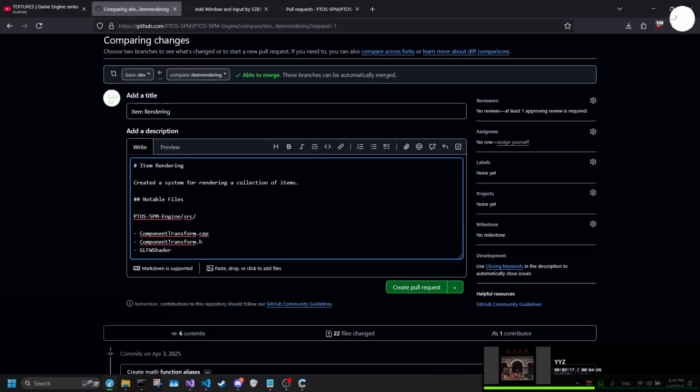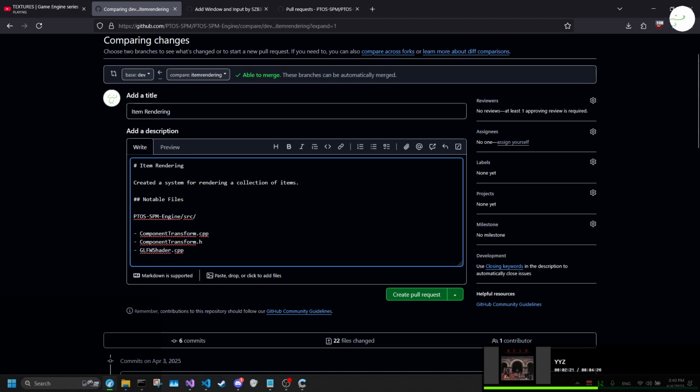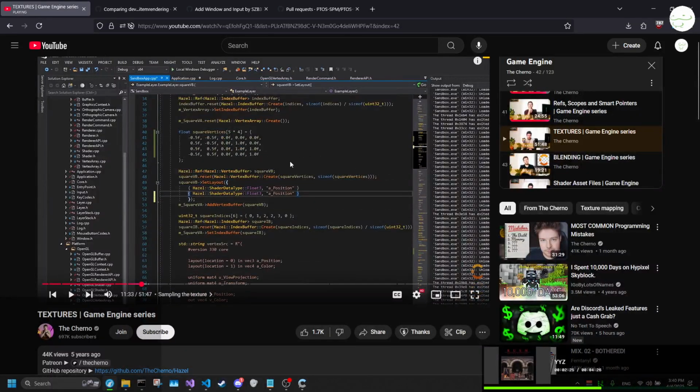So we need to expand this now. Obviously, we still have square vertices and the size of square vertices, so we don't have to touch anything here. For our layout, because of our beautiful